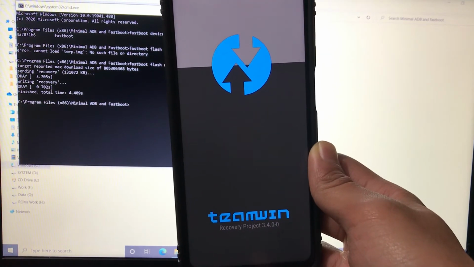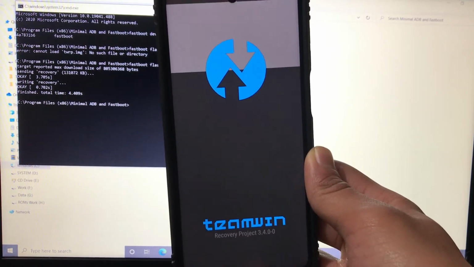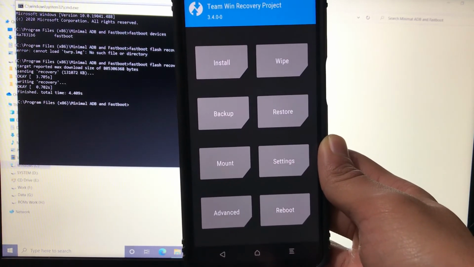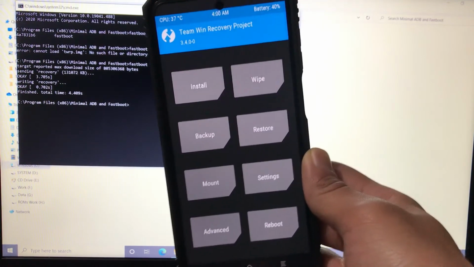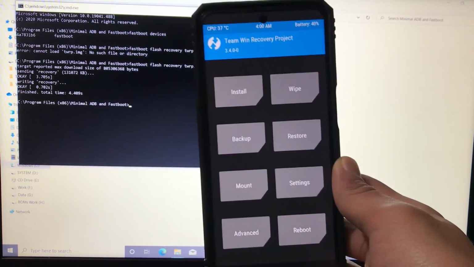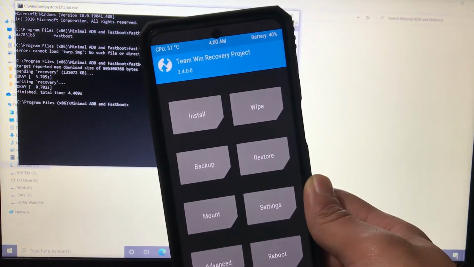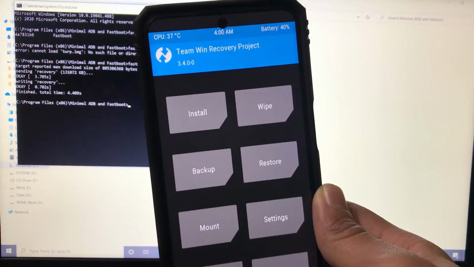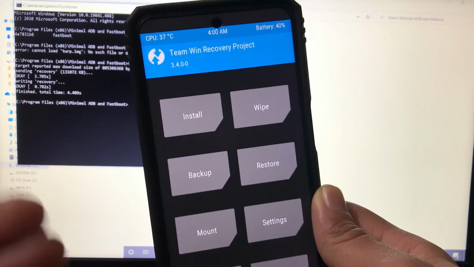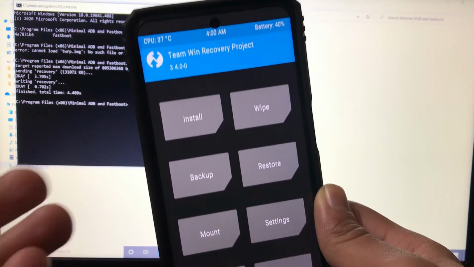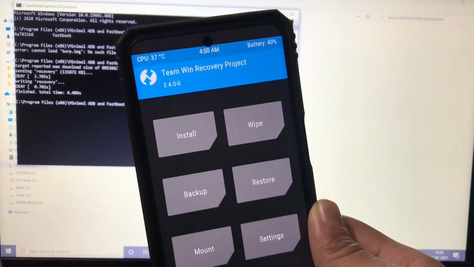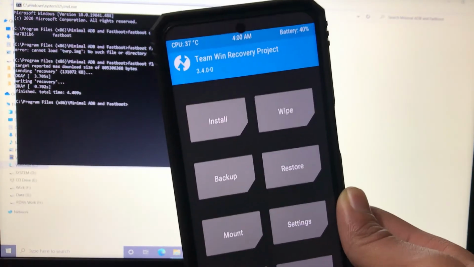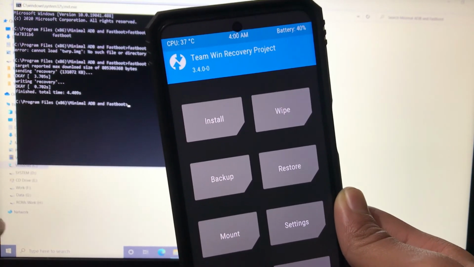This was a TWRP which I installed, and yes, this is a TWRP. We have installed it successfully. The previous one was the default recovery, but now this one is the TWRP which is finally installed on our device. Very easy to install this TWRP recovery. If you also want to install this, I'm going to show you this tool link, which is Minimal ADB and Fastboot Tools. So you can go and install that. The recovery you need to get from your own source, so you can find it on XDA or anywhere else. Very easy to install. This is all from today's video. I hope you like this simple and minimalistic guide.